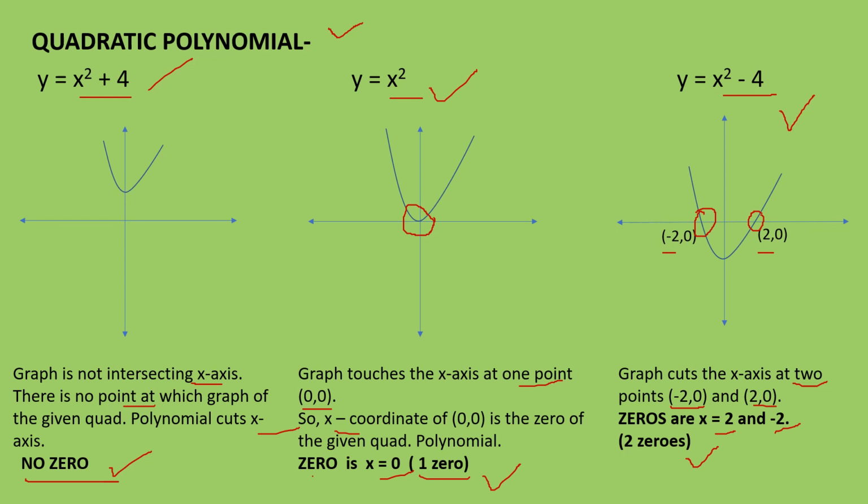In case of a linear polynomial, degree is 1. So it has only one zero. In case of a quadratic polynomial, degree is 2. So it can have maximum 2 zeros. Minimum can be anything. Here we have seen it can be no zero, it can be 1 zero, it can be 2 zeros, but it cannot exceed 2 because it is a quadratic polynomial. Same case in case of a cubic polynomial, degree is 3. So the number of zeros will be maximum 3. It cannot be 4. Maximum 3 means it can be 3, it can be 2, it can be 1.